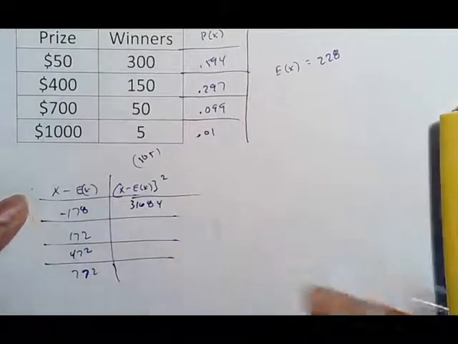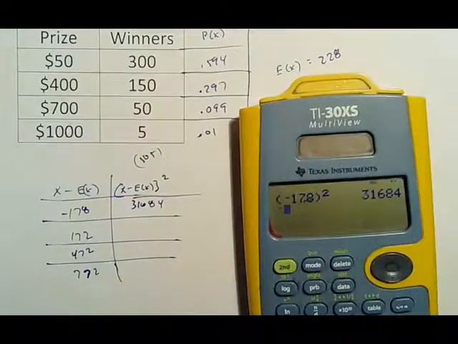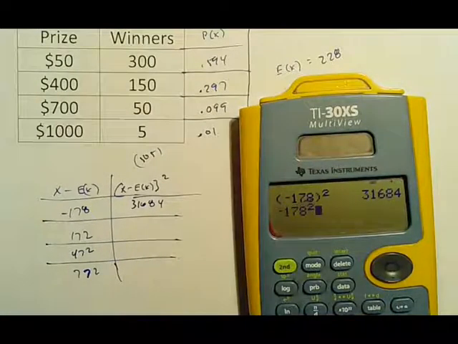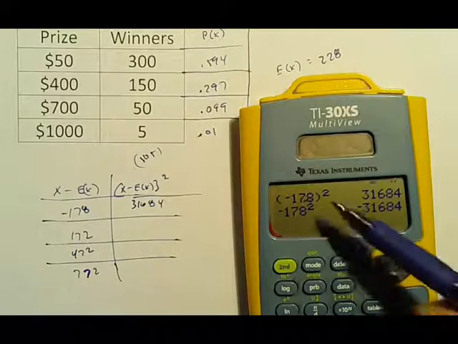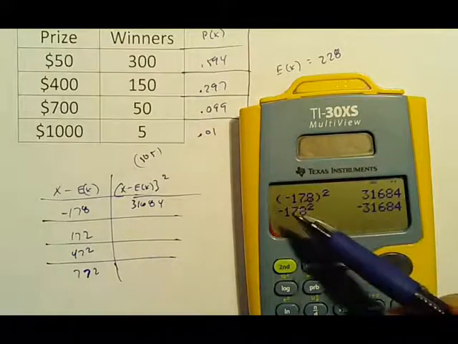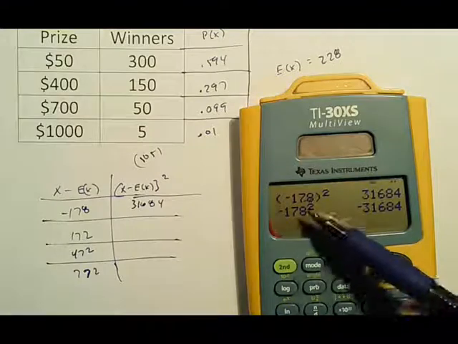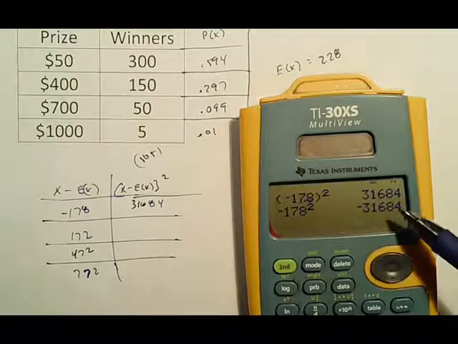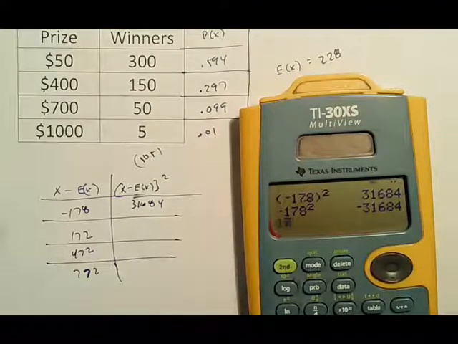Now, I will tell you that when I initially did this, I did type in negative 178 squared, but you do want to use your common sense to recognize that that's always going to be positive, and just recognize that you typed it in a lazy way and ignore that, because as long as you do that, you should be fine. 172 squared is